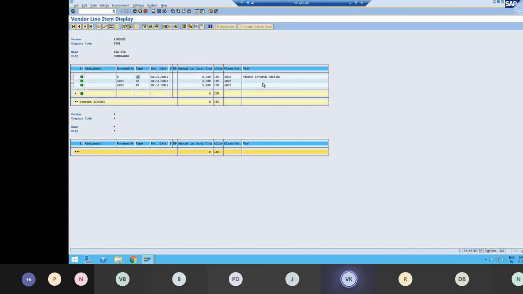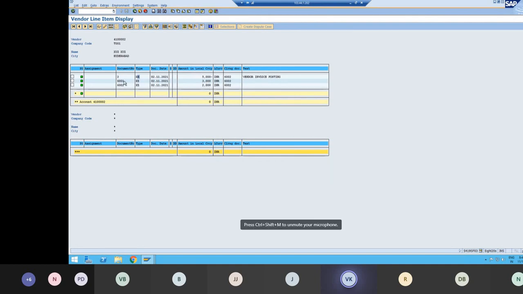Sir, for the clearing document, it's all 6,002? Yes, because this invoice was of 5,000. So we did a part payment of 3,000 and 2,000, and using this 6,002, the whole invoice was cleared. So 6,002 is the breakup of 3,000 and 2,000.